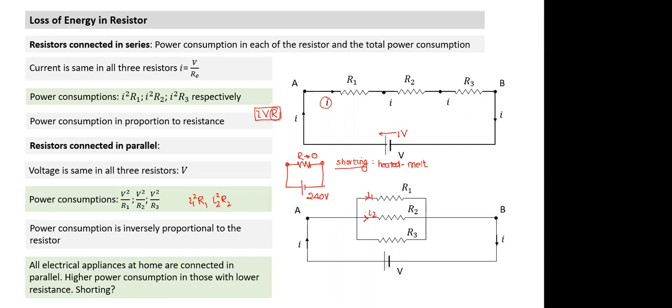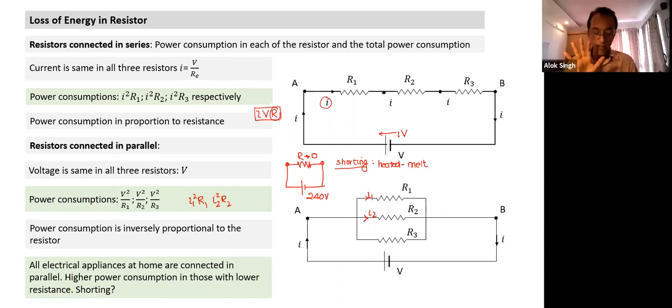Are you getting an understanding of what happens to energy? What is power consumption in the resistance? As the current flows in the resistance, it loses potential energy. Where does the potential energy go? It gets converted into heat energy. It is equivalent to heat being dissipated in the resistance. This loss of potential energy converted into heat energy is the rate of heat dissipation, which is power consumption.